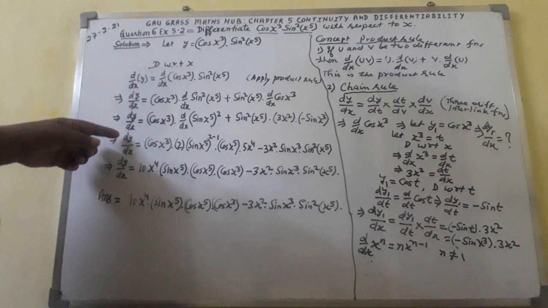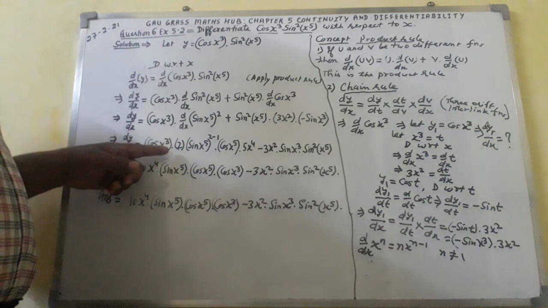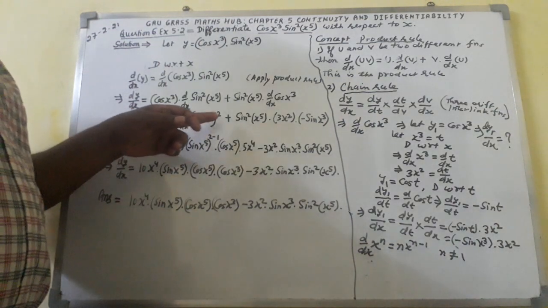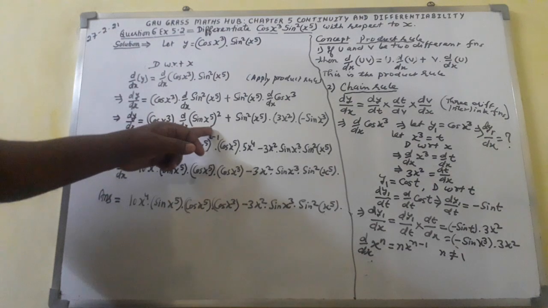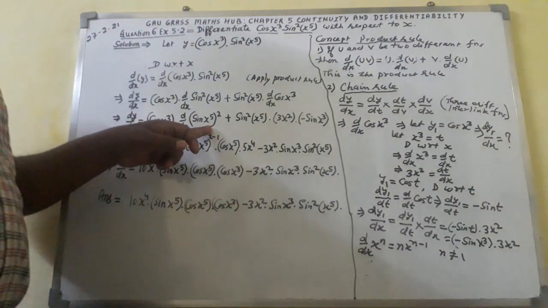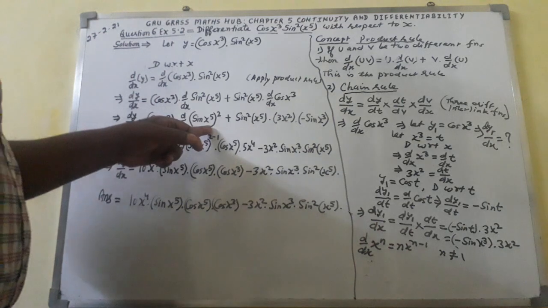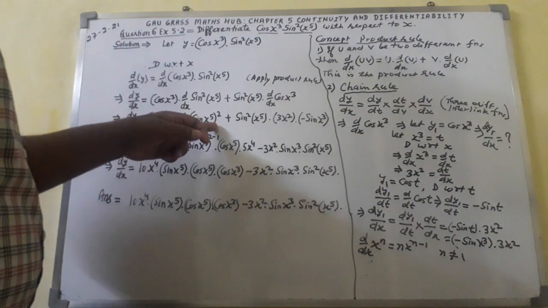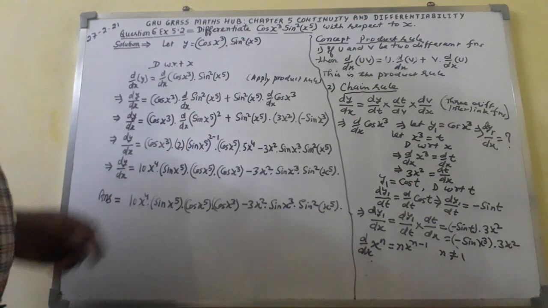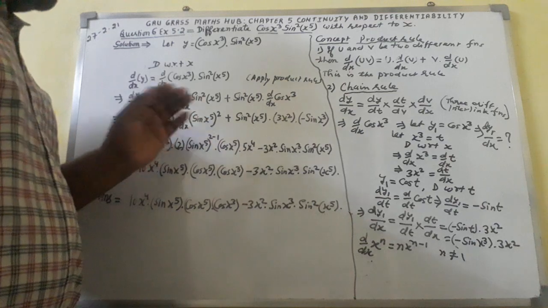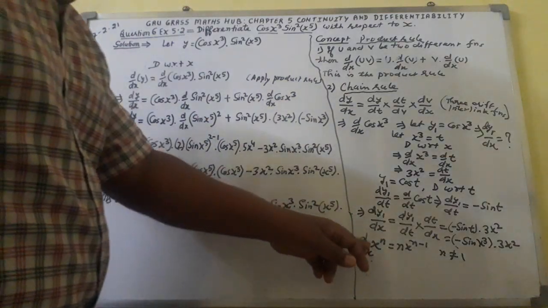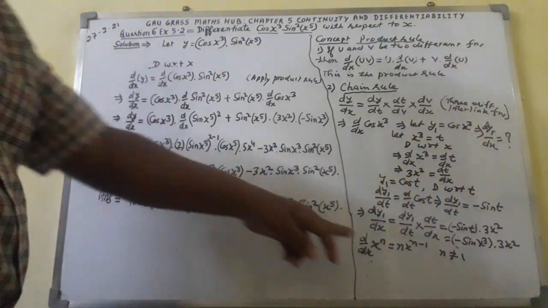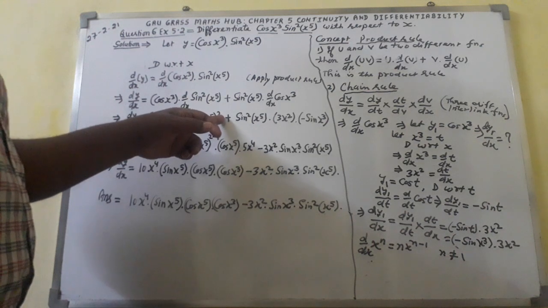Again I have written d over dx equal to cos x raised to power 3, and here you can see d over dx of sin x raised to power 5 whole square. This function consists of three different functions. All these three functions are joined together and form the original function. The first function I shall take as a whole. We apply the formula d over dx x raised to power n equals n x raised to power n minus 1. On the basis of this formula, I have produced this whole square.